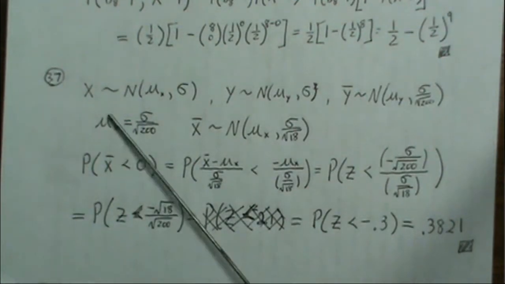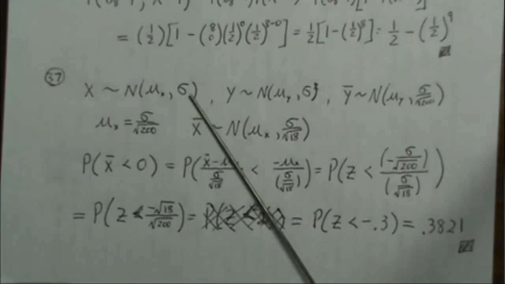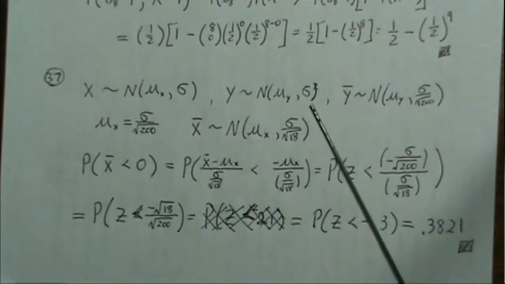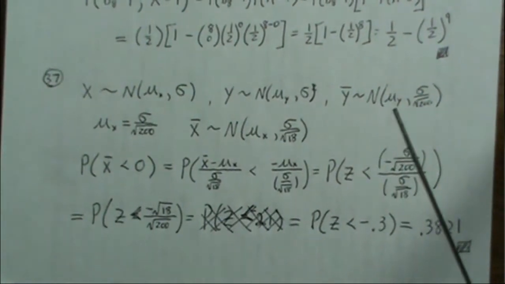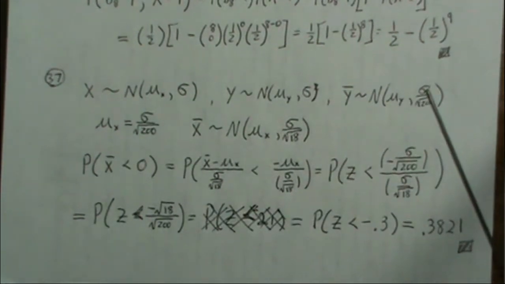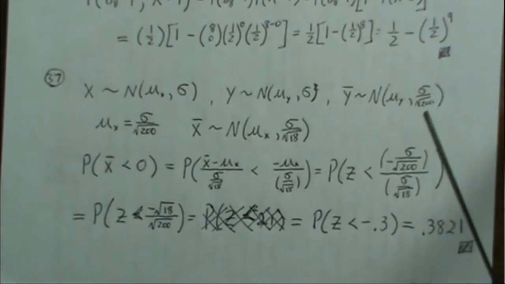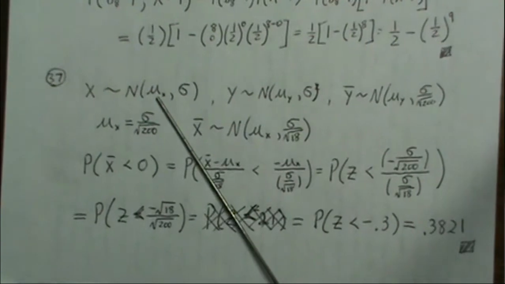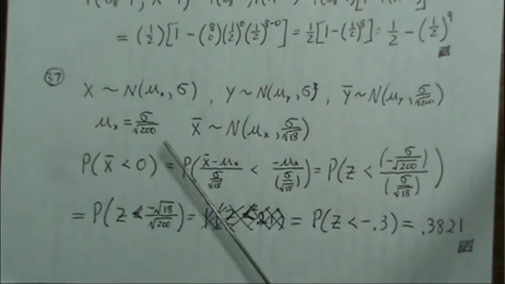So here, this is interesting. We know x is distributed normally with some mean and some standard deviation. Y is normally distributed with some mean and standard deviation. Y bar is distributed with the same mean, and the standard deviation is the standard deviation of y divided by the square root of the sample size, which is 200. And it says that our mean is equal to this standard deviation, which is that. So then,